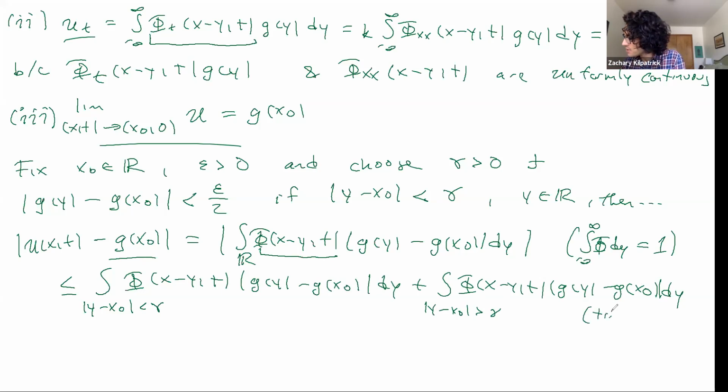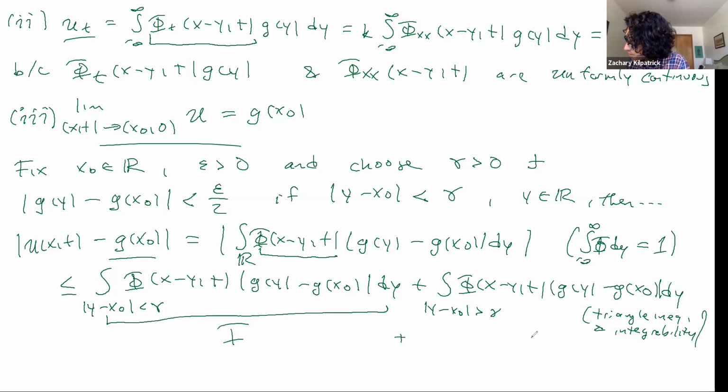And this essentially is an application of the triangle inequality, okay, and integrability, right? All right, so I'm going to call this thing I, and I'm going to call this whole thing here J, okay? I'm going to split these up, and now I have to go to work to bound these things I and J, okay? So first of all, our choice